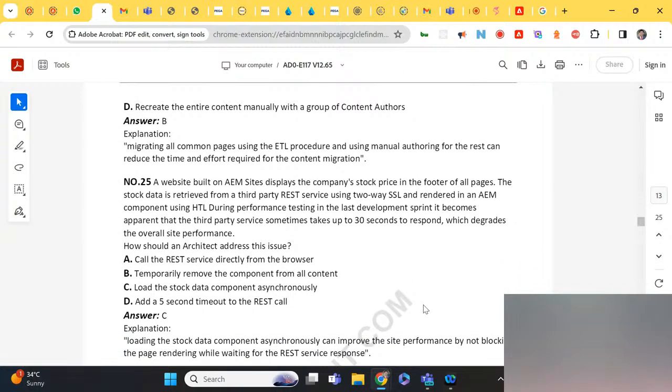Loading the stock data asynchronously can improve the site performance by not blocking the page rendering while waiting for the REST service response. This is clear, right? The page load will not wait for the stock data response. It will load independently of the call to the stock API, and the call to the stock API happens from the client library as an asynchronous call. It's clear?